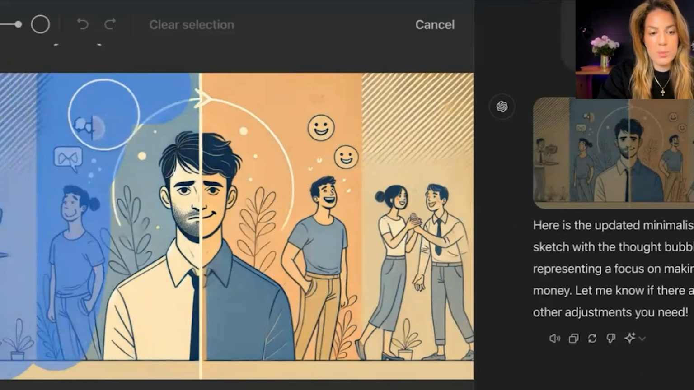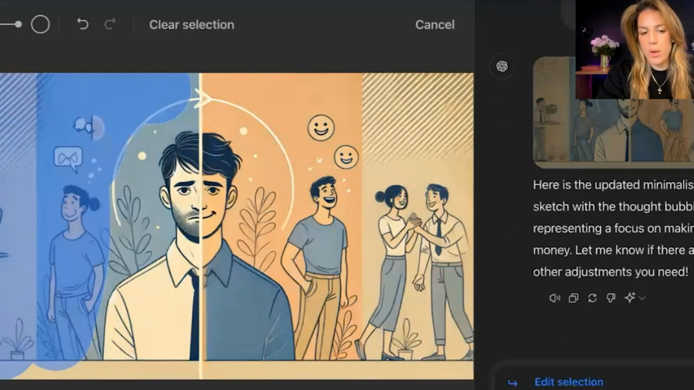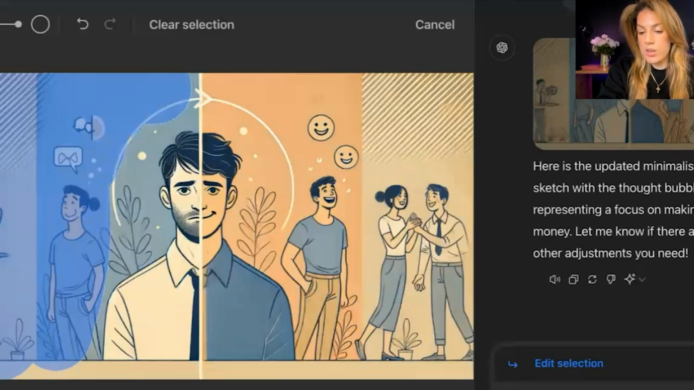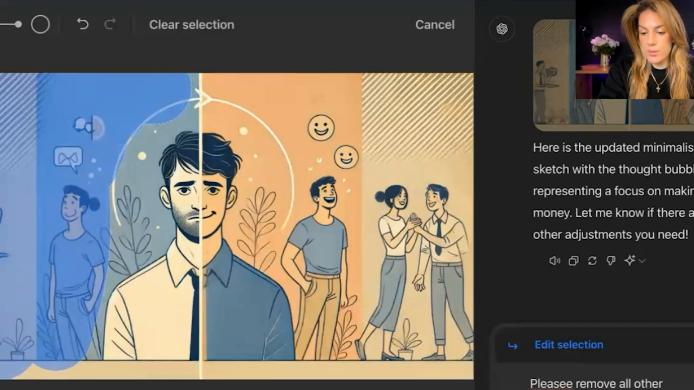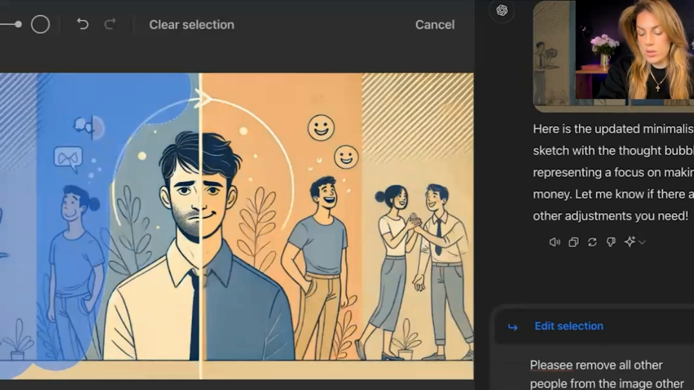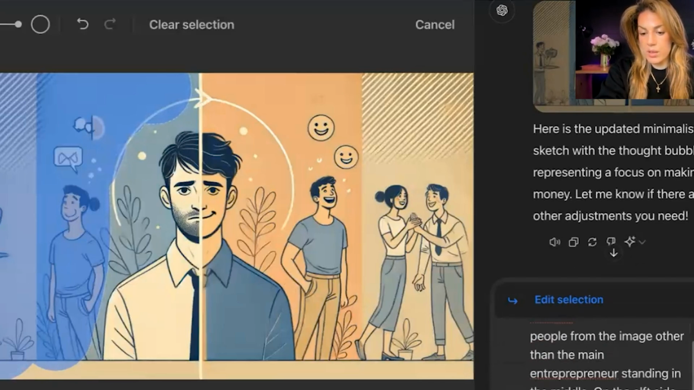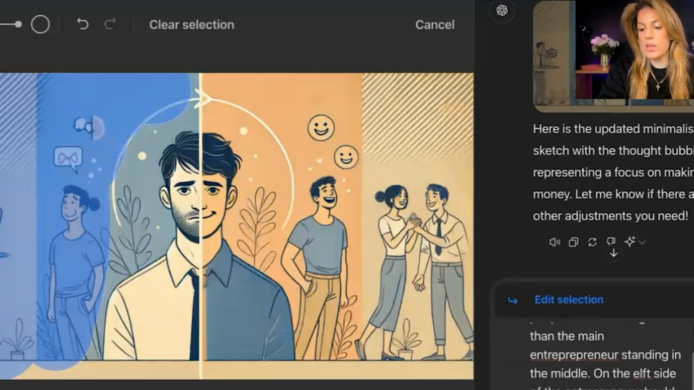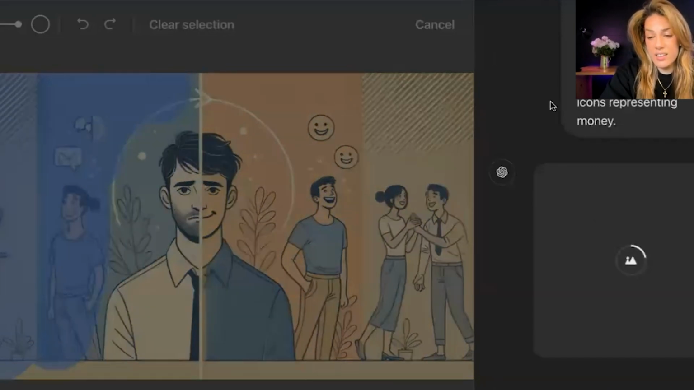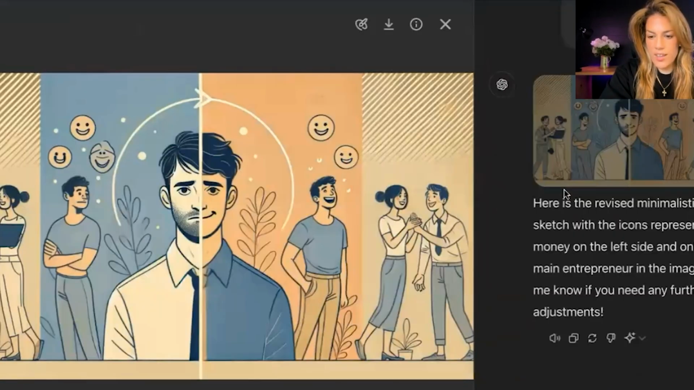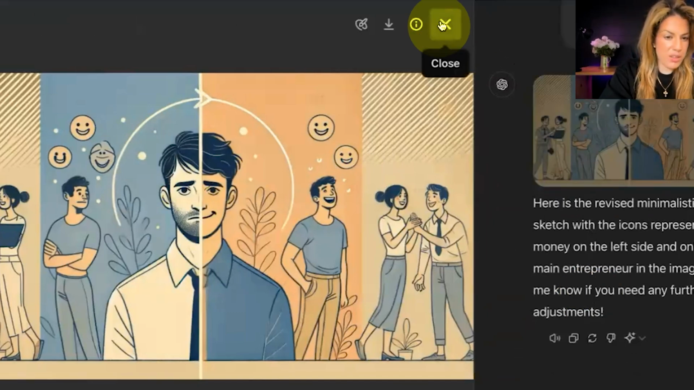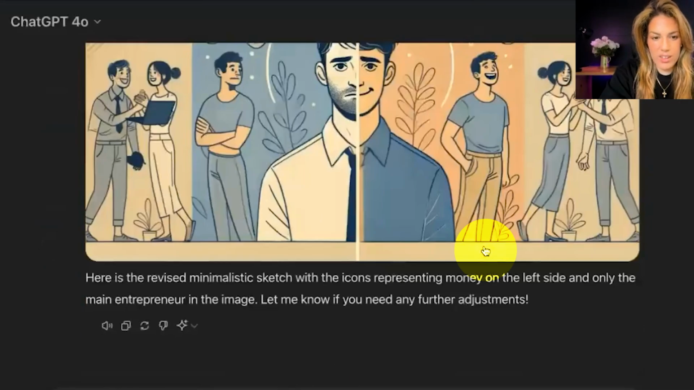So let me be really specific because sometimes the actual problem is our prompting. So I'm going to say, please remove all other people from the image other than the main entrepreneur standing in the middle. On the left side of the entrepreneur should be icons representing money. And if it doesn't understand that, then what can it do? What? Okay, so I'm going to get out of the selection feature because this is actually wild that it's not